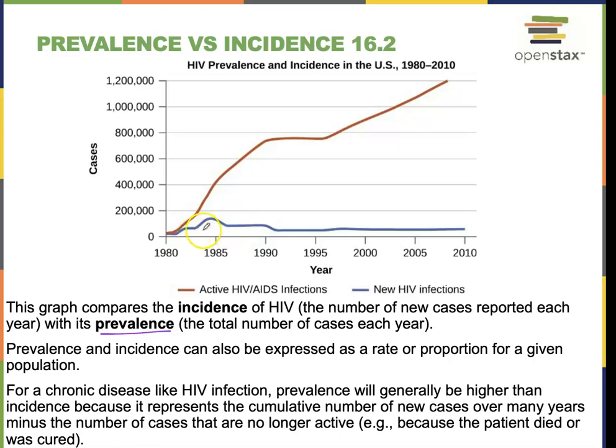And it makes sense that we're adding, right? Because HIV is a chronic disease. So chronic diseases, once you have it, it stays with you for years or for life, right? Once you get it, you're put into the prevalence count. So as people get it over the years, these are new infections. New infections are not zero, but they're low. So we can see that we're adding these new infections to the existing infections. So the prevalence is always going to be really high for chronic diseases, right?